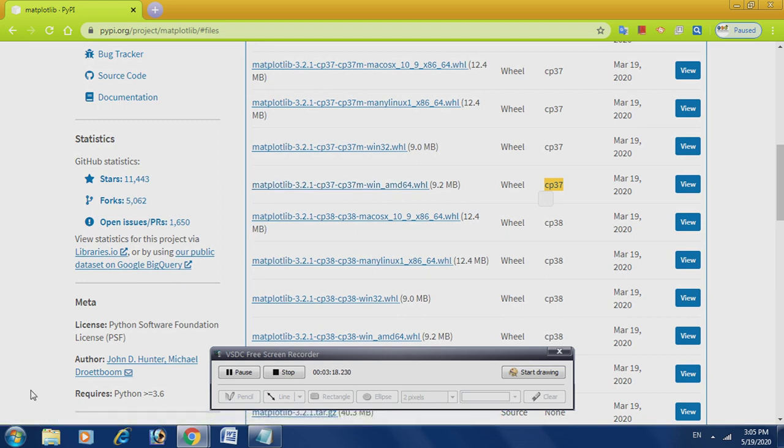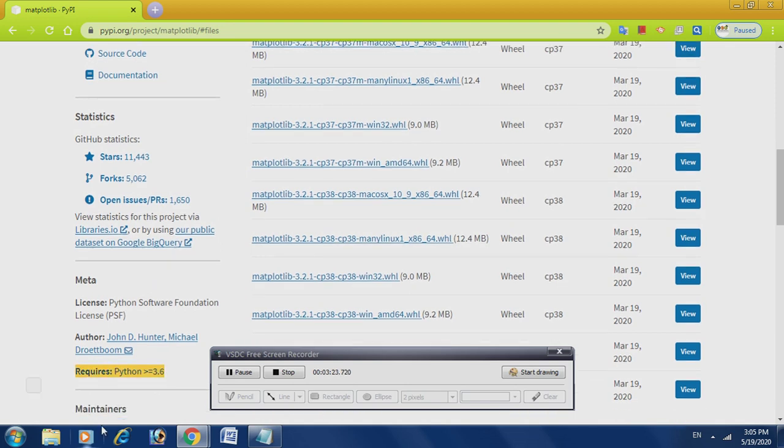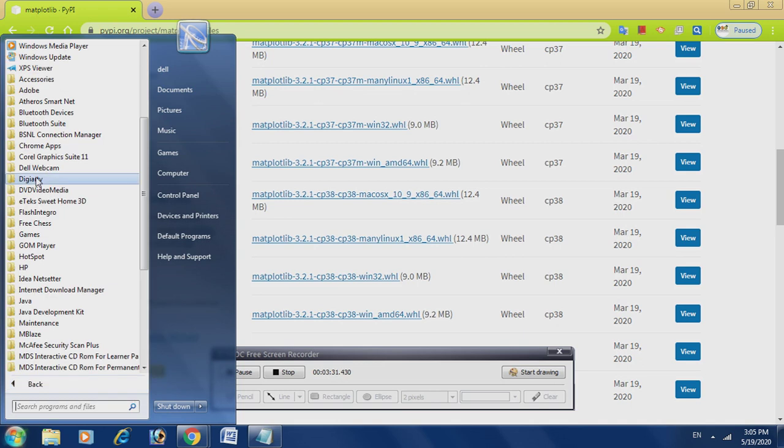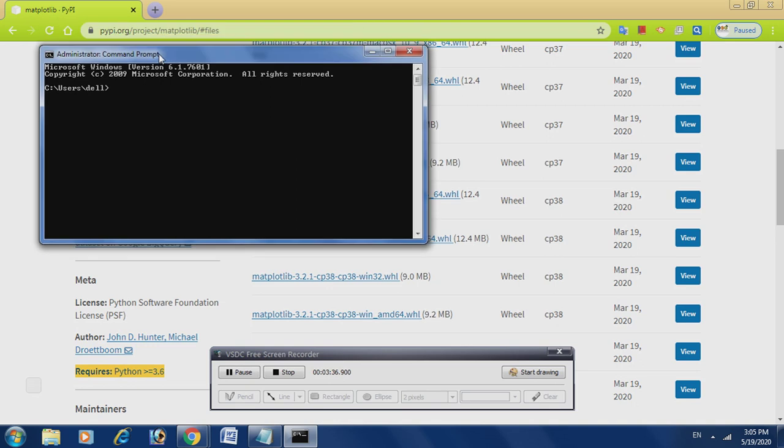After the download is completed, you go for the command prompt. The second step is to open the command prompt: click on the start menu, all programs, accessories, and open the command prompt. Right, so this is my command prompt. Here my prompt is C:\Users\Dell, so my current directory is Dell. I am coming out with cd.. Press enter, again cd.. This command is used to exit from the current directory. Now my prompt is C:\ only, which means I am on the C drive.